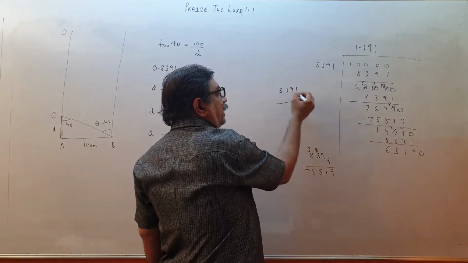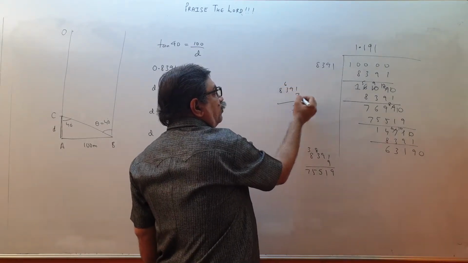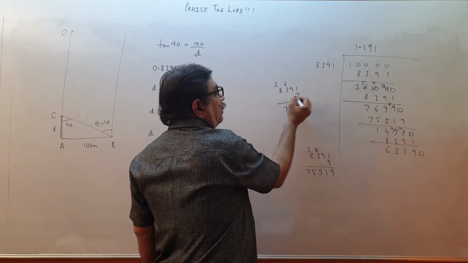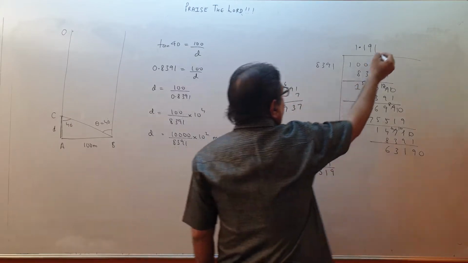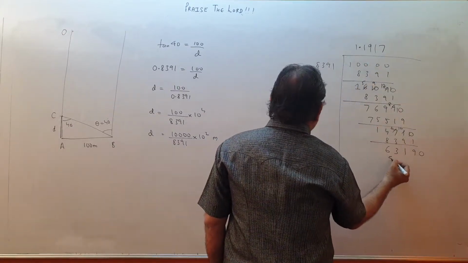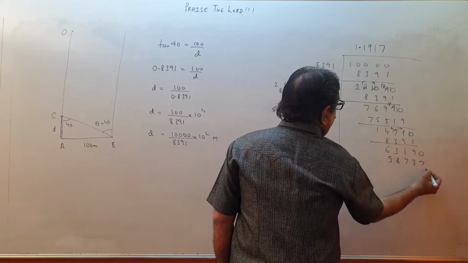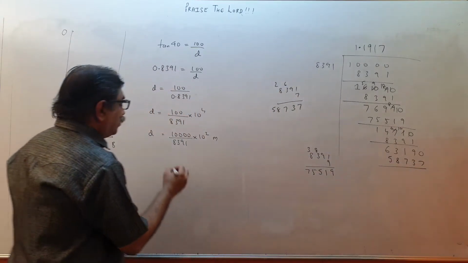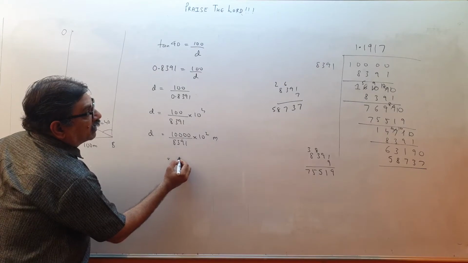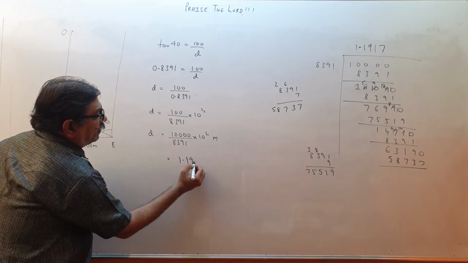1 7 are 7, 9 7 are 63, 21 and 27. 56 and 58. So this will be 7. It will be 5, 8, 7, 3, 7. And like that it will continue. So this becomes equal to, children, 1.1917